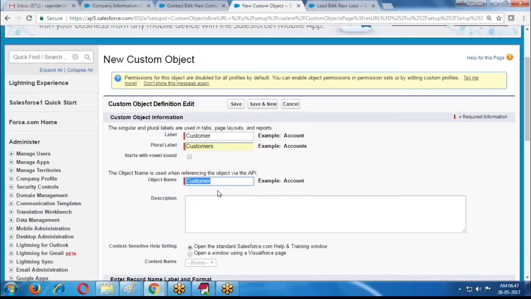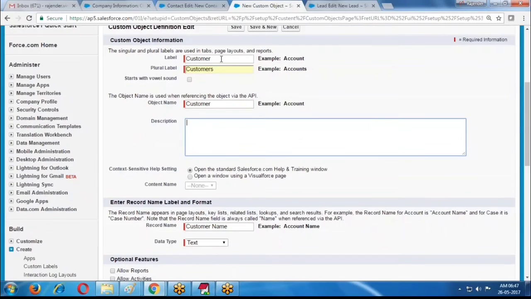If you want to change this label or the object name, you can change it, no problem. Just for understanding purposes, the label is provided. Description: this object is used to maintain customers information.